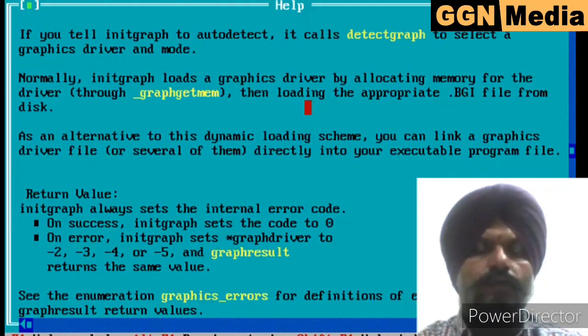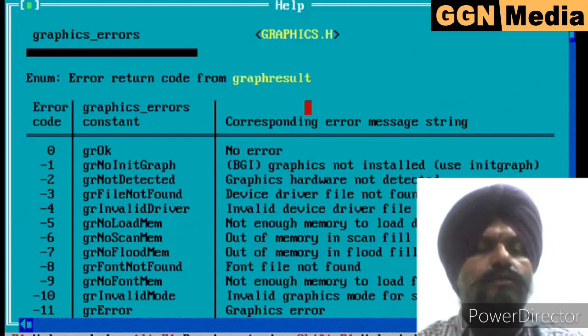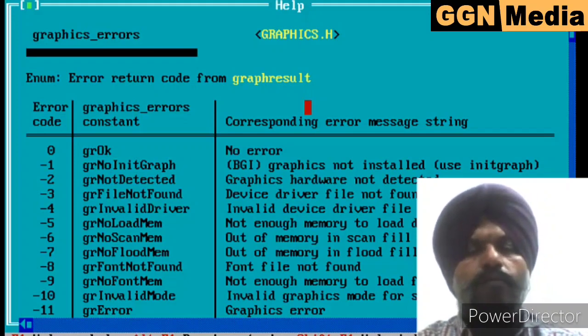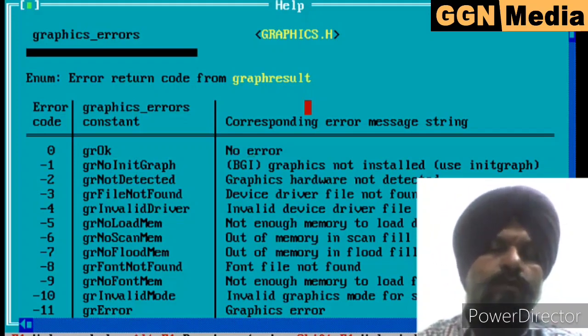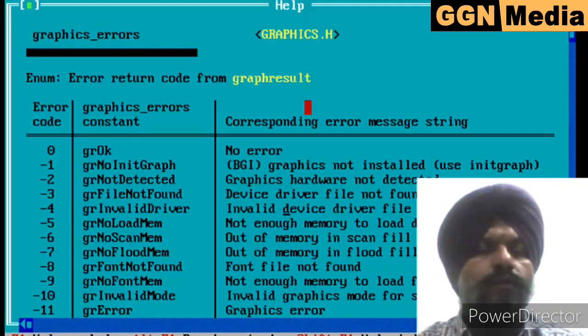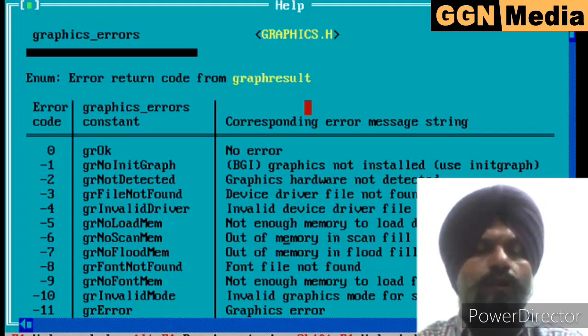So what do these values mean? We can see an example because these are the graphic errors. We click on graphic errors. It says that if there is a 0, it means it is okay. It is grOk, a constant. Apart from 0, we prefer to use the constant. It means there is no error and graphic mode has been initialized. Otherwise, there are different types of errors: graphic not installed, graphic hardware not detected, device driver file not found, not enough memory.